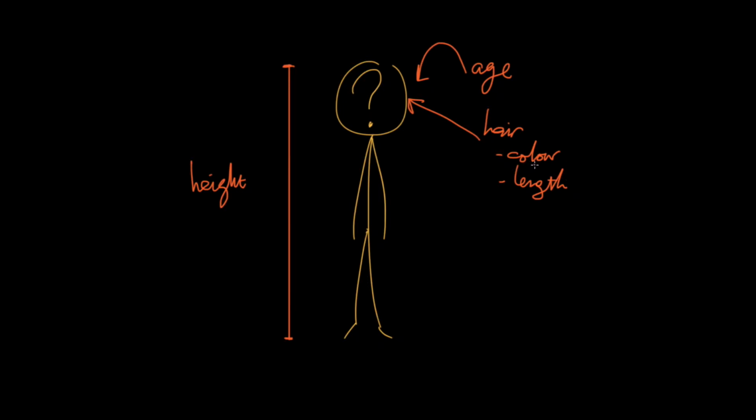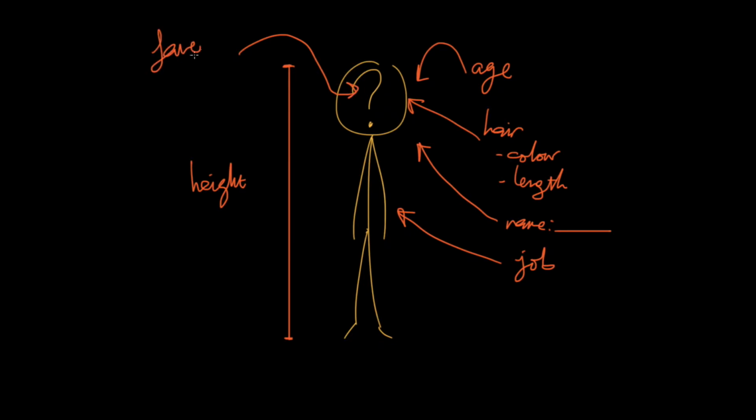We might also describe a person by their personality and what they do, and this could be something as simple as their name, but it could also include things like their job or their profession, and it might include something slightly more fun, like their favorite TV show. But there's a bit of a problem here. I don't know all this information about everybody. I don't know everyone's age. I certainly don't know everybody's favorite TV show. So how do I find out?